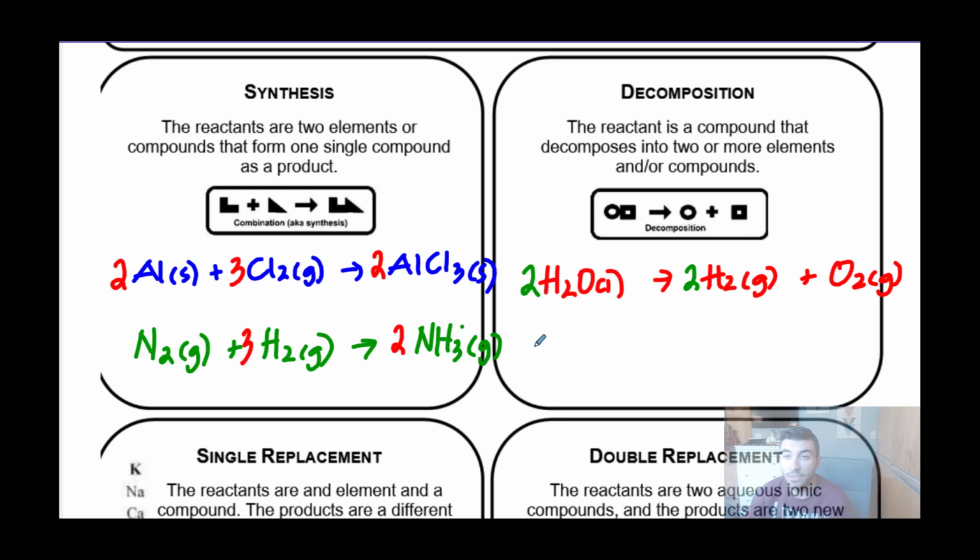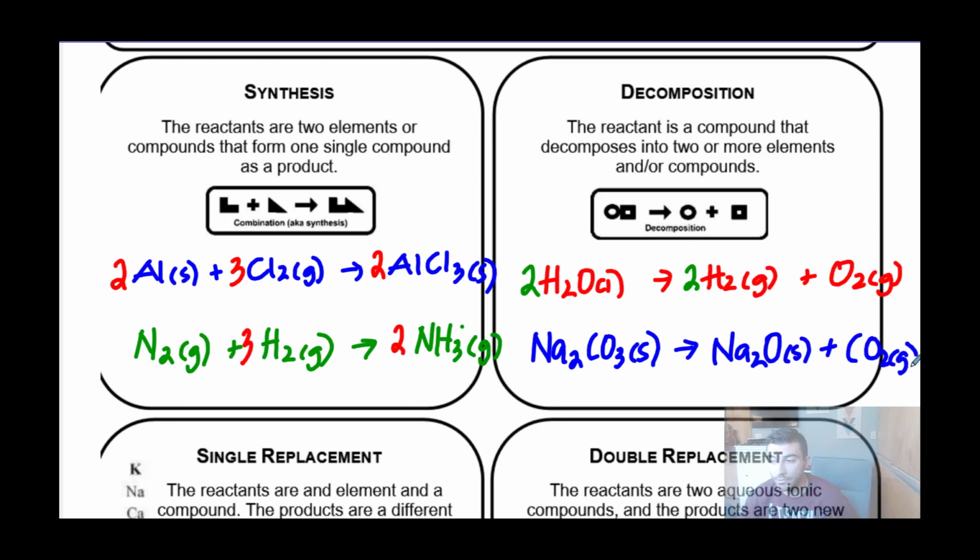We looked at some specific types of decomposition. You can go back and view the specific examples we looked at in our notes, but one that comes to mind would be like decomposition of a carbonate, for example. So something like sodium carbonate will decompose to give us a metal oxide. So that's sodium oxide plus carbon dioxide gas, right? So there were some specific